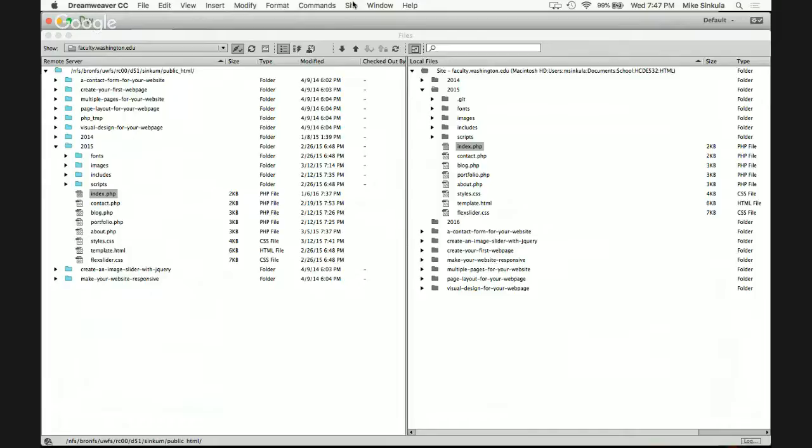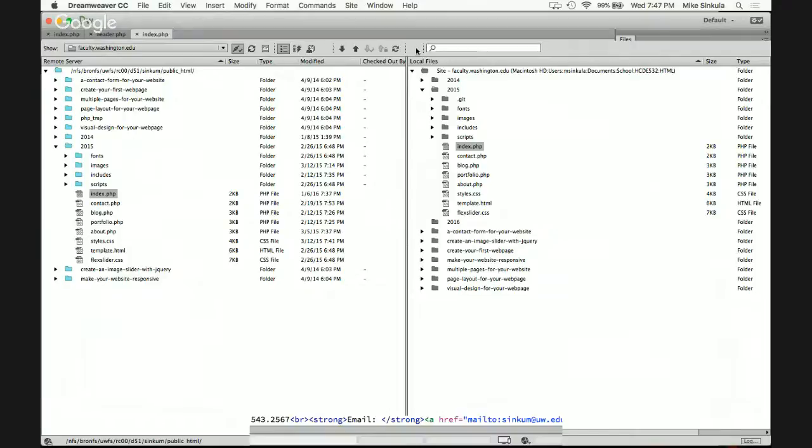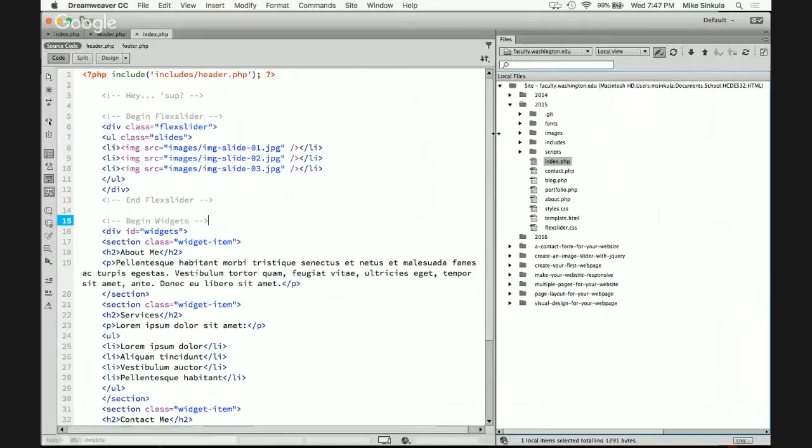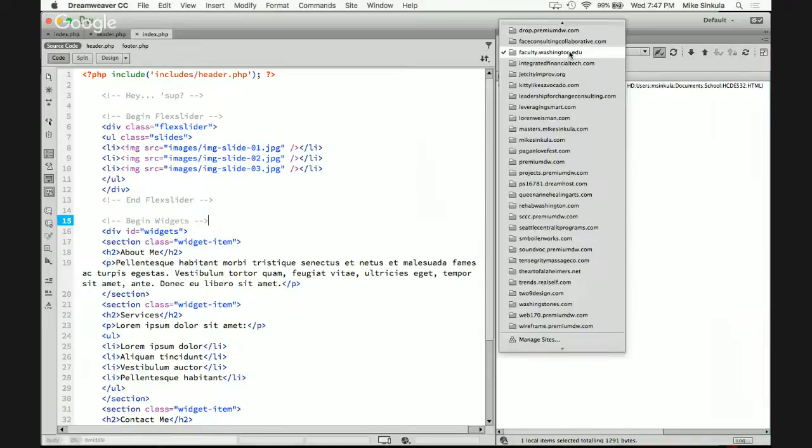So, if I'm in Dreamweaver, I have two panels that we're going to basically use: the code editing panel and the site managing panel, okay? So what you're going to need to do is set up a new site, right? Meaning, if I looked at all of my sites here,